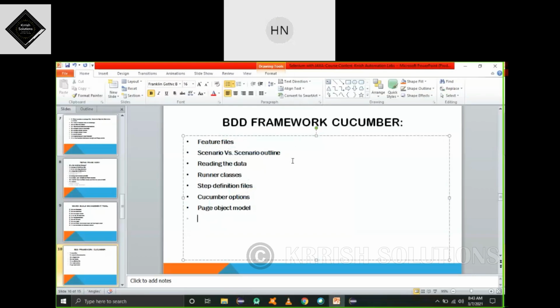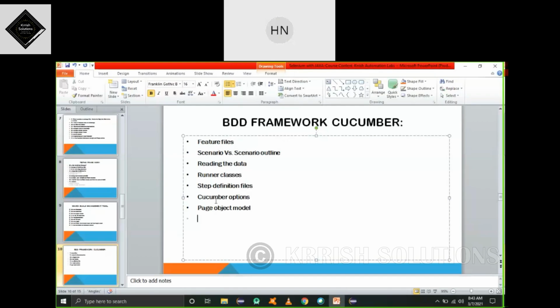And in the BDD framework, what is a scenario, what is a scenario outline, how we will read the data by using the BDD framework, how we will develop the runner classes, step definition files, Cucumber options, page object model. These are all interlinked concepts related to your BDD framework. As part of the BDD framework development, we are going to discuss all these things.